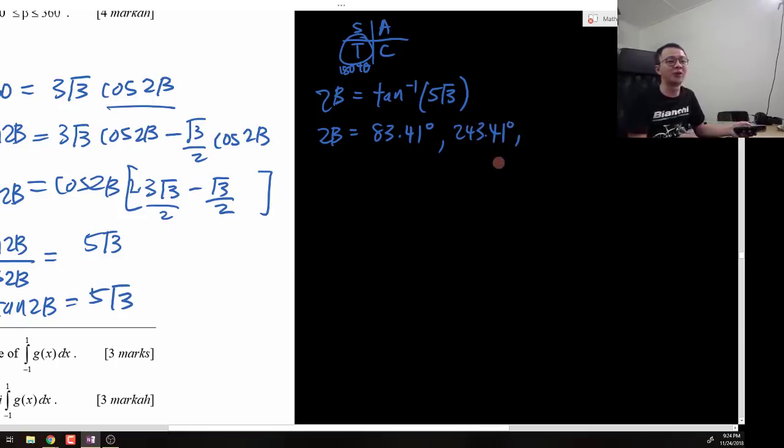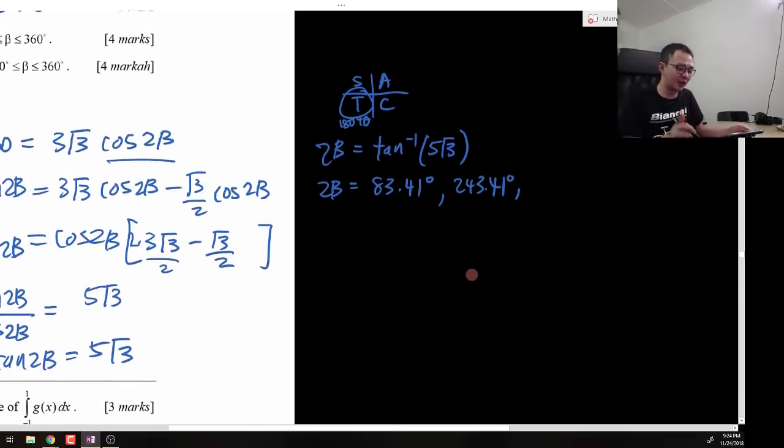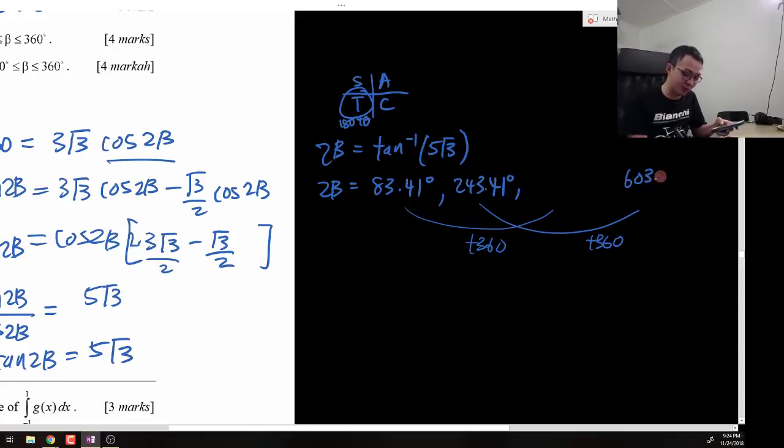And then I need to continue to find the angles up to 720. So therefore what I will do is, to all the angles I plus 360. So this angle I plus 360, then this angle I plus 360. This one is 603.41. And then 83.41, I plus 360, I should get